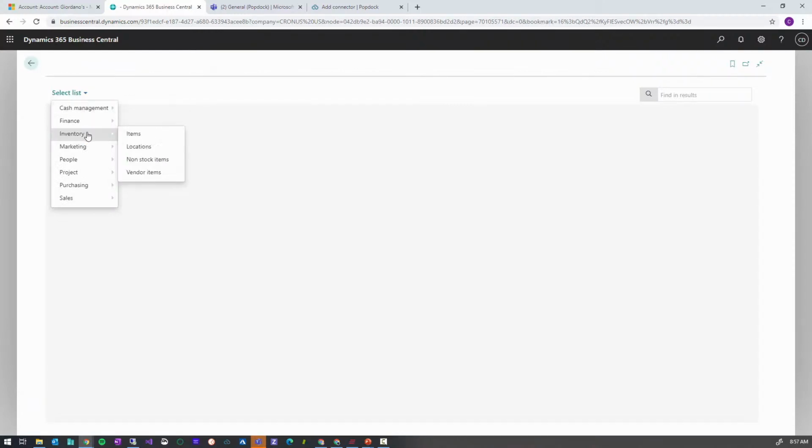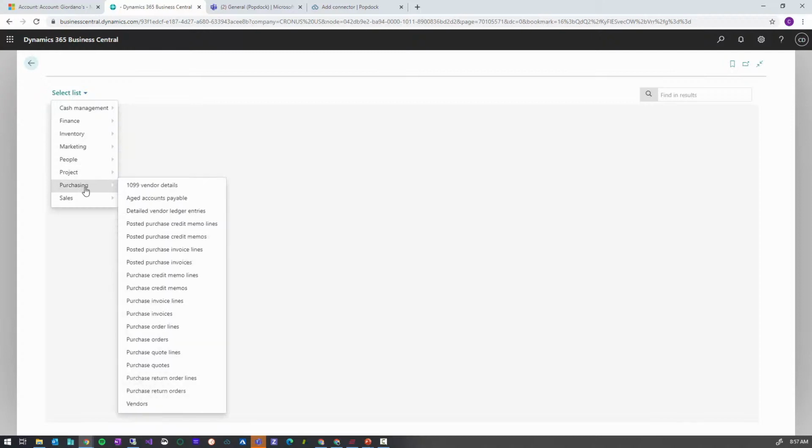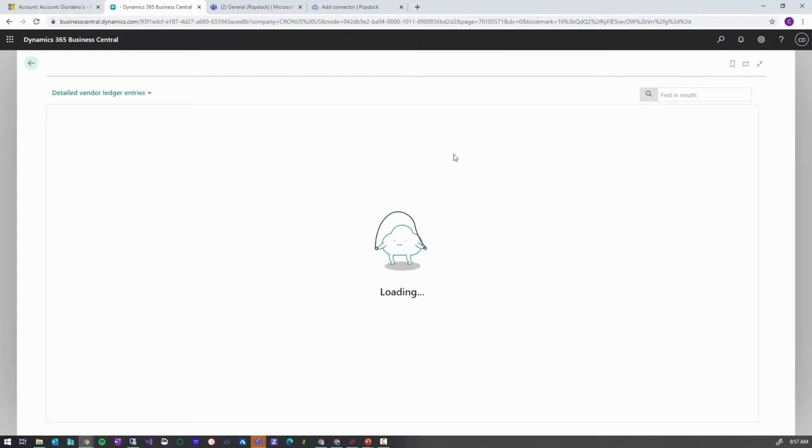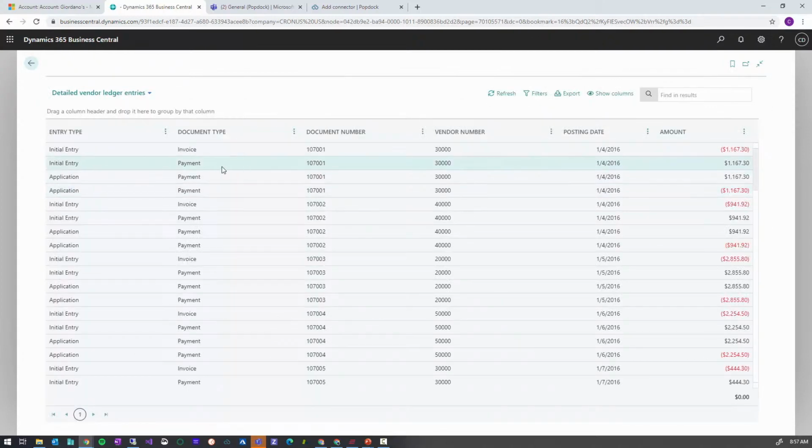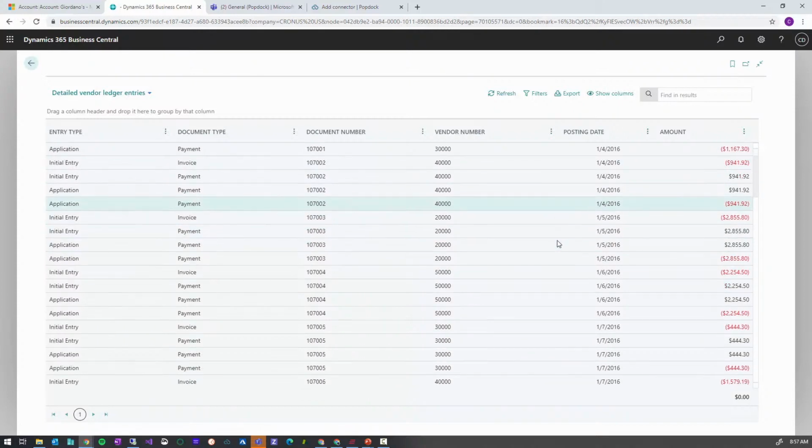So if I wanted to see some inventory items, or maybe purchasing, for example, if I wanted to see the detailed vendor ledger entries, I'm now pulling that data, and the key will be to show you that this looks and feels like Business Central now, right? So whatever data you have inside of here now has the same look and feel of the Business Central application,